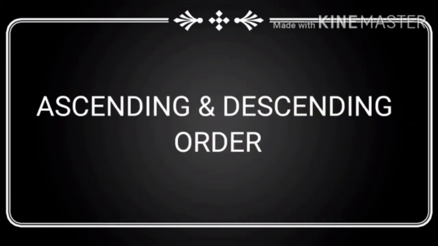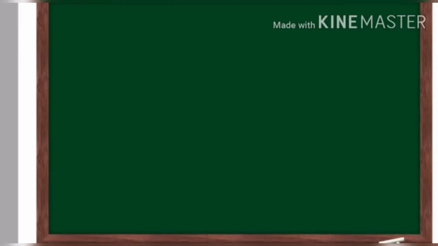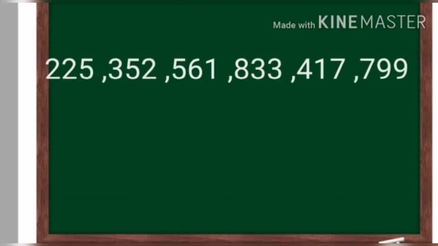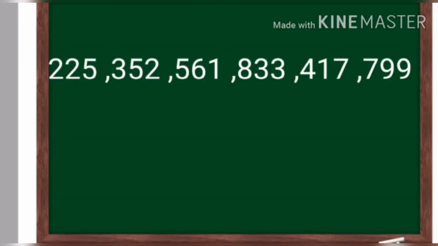In the previous class, you have learnt how to write single digit and two digit numbers in the ascending and descending order. Now we are going to learn how to arrange three digit numbers in ascending and descending order. You have got these numbers 225, 352, 561,